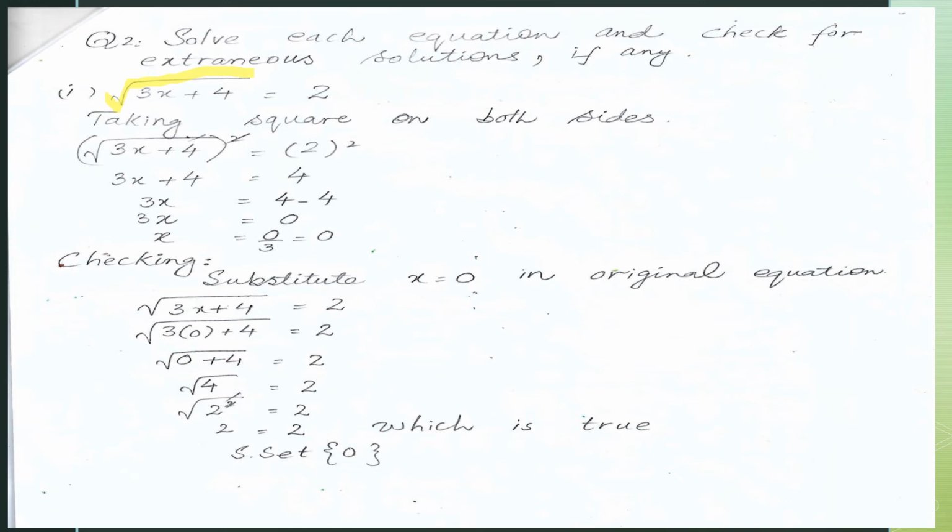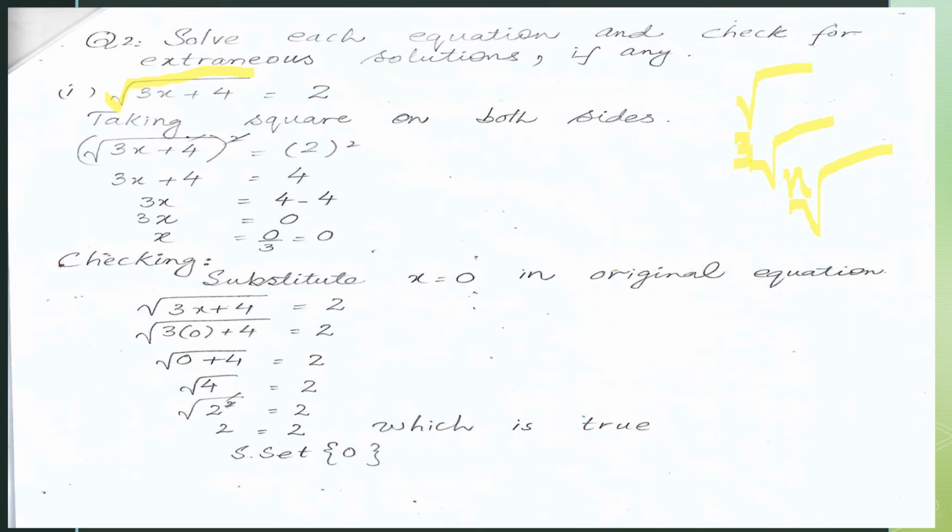So if there is a radical, meaning a square root sign, and there is no number, it means it is a square root. If there is 1 by 2 or any other number, like 1 by 3, 1 by 5, 1 by 4, 1 by 7, and it comes with the radical sign, it will be an extraneous solution, nth root. Okay, so now take this, we will follow the same rule for solving these extraneous solutions.